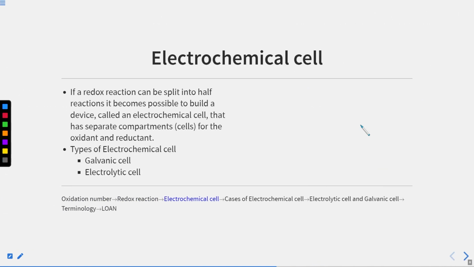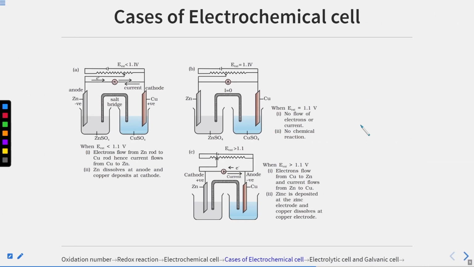So here is the diagram of an electrochemical cell. Now I will explain each and every component of this electrochemical cell. So these are electrochemical cells. Here it is, the first one. So here, what is happening? I will not get into the complications right now. I will just give you an overview of this. We will see this in the next lecture, what is happening in the solution and what is happening outside the